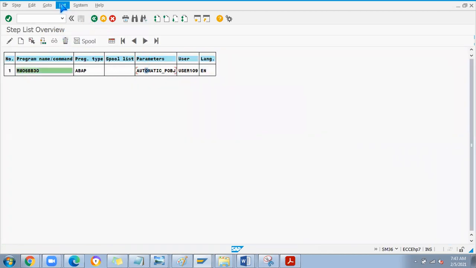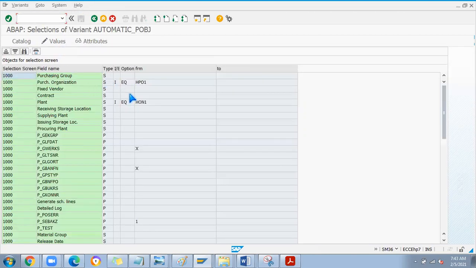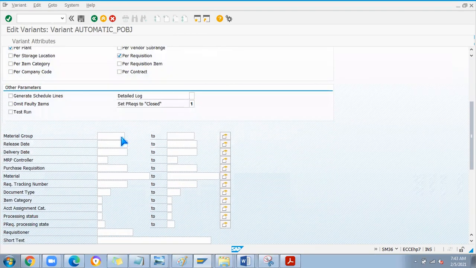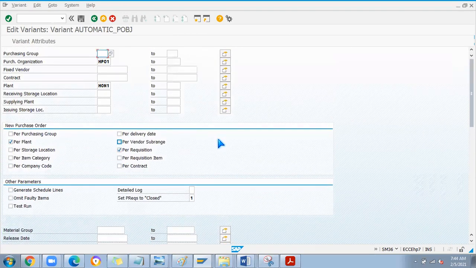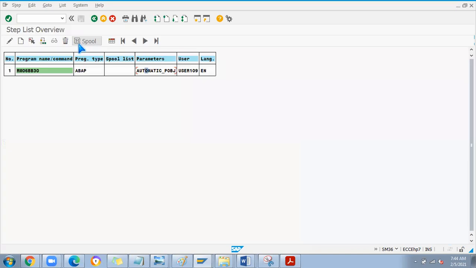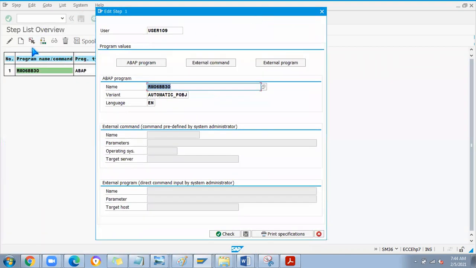Okay, now I'll go back and I can see the value also. If I click on this and go to variants, I can click on values also. See, if I go to that variant, I can see what values are maintained by this variant, right? In the same screen only you can see everything. Okay, now I need to check step. Okay, so here I should click on that OK button, change, save.